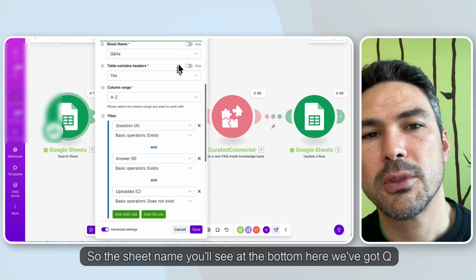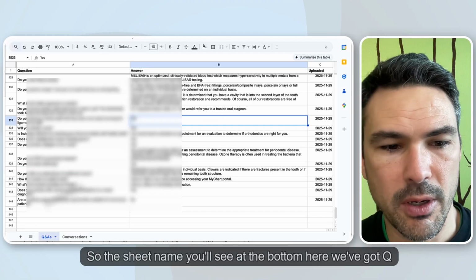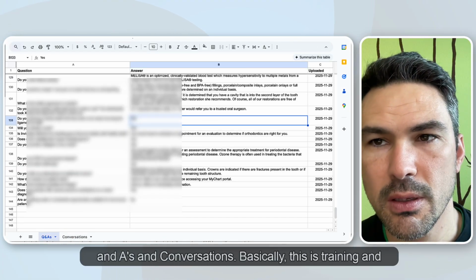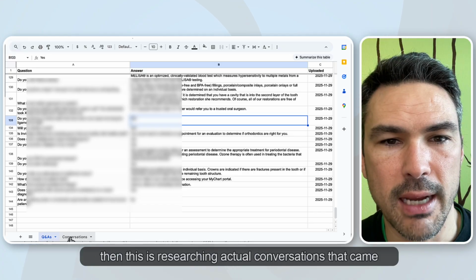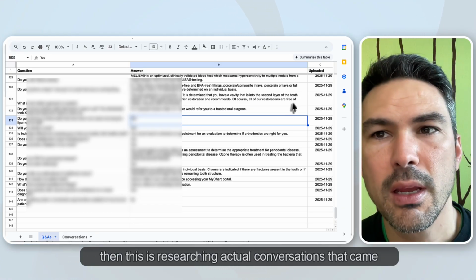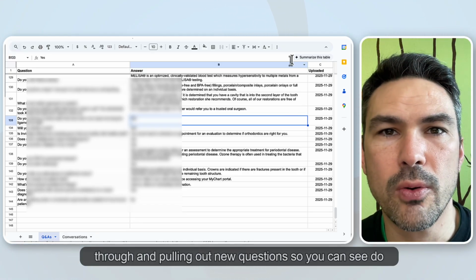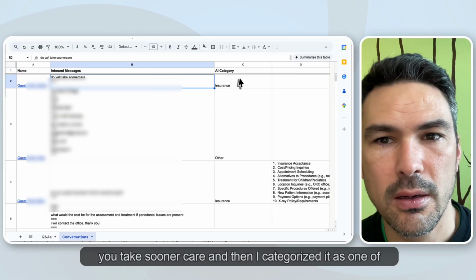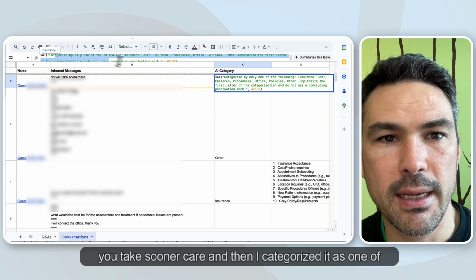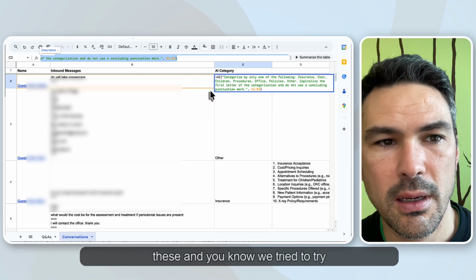So the sheet name, you'll see at the bottom here, we've got Q&As and conversations. Basically, this is training, and then this is researching actual conversations that came through and pulling out new questions. So you can see, do you take sooner care? And then I categorized it as one of these, and we